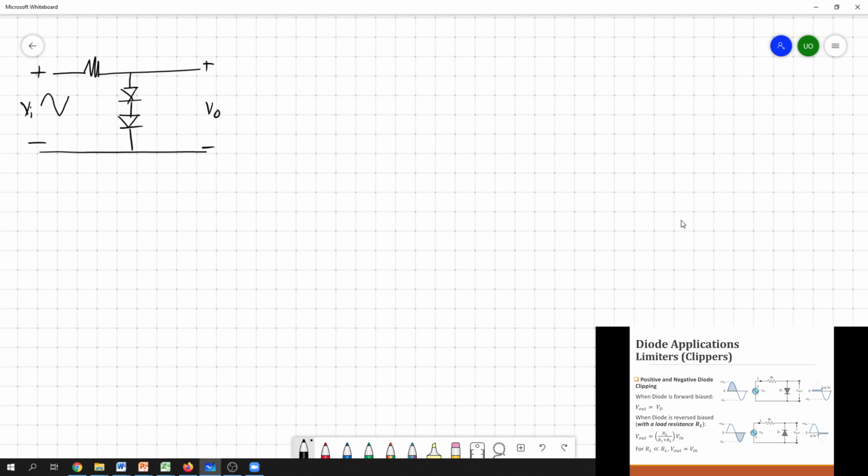Again, you may have the sinusoidal input, and we have D1 and D2. By looking at this, we can model this series diode with a single equivalent diode like this,